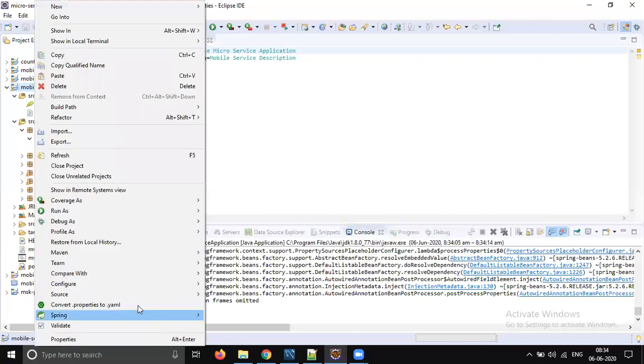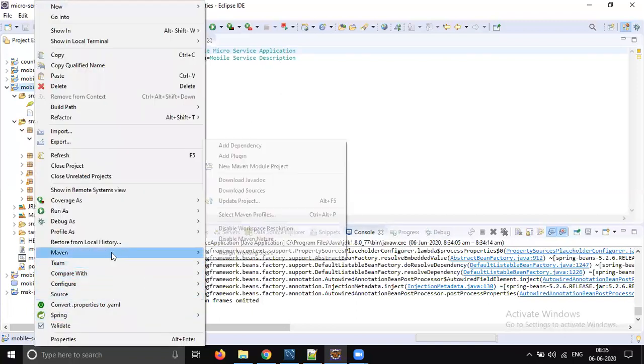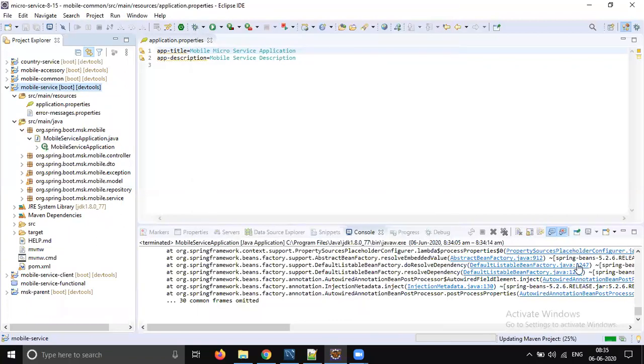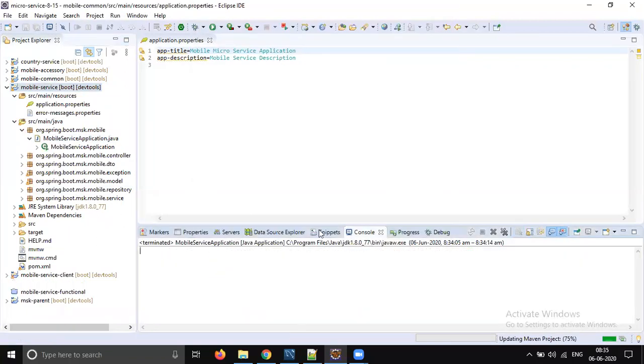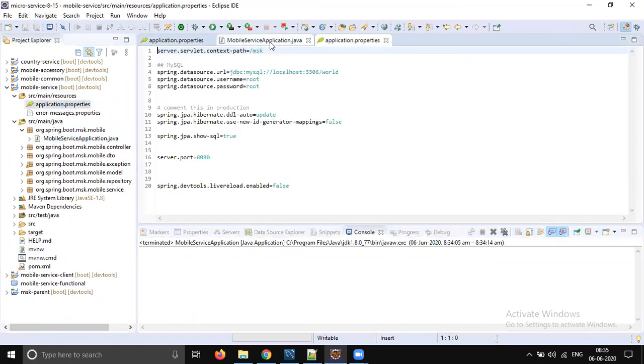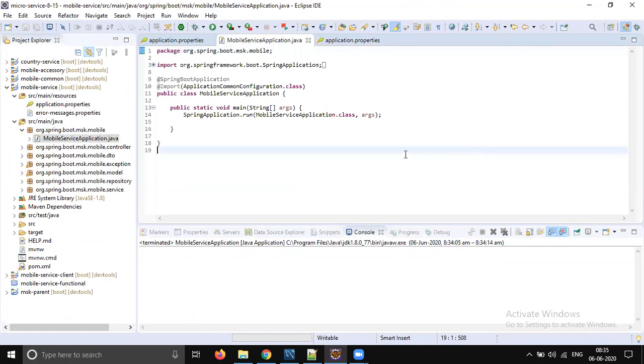Let me see if I have an update. Maybe we added a new folder, right? Do we need any update? Let me check. It should work. I tried this, it should work. So let's start this application.